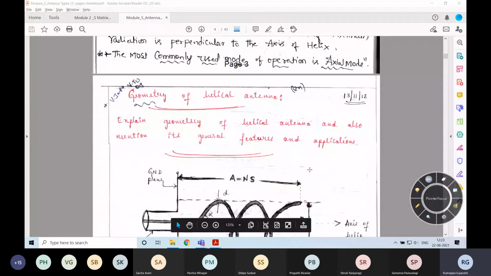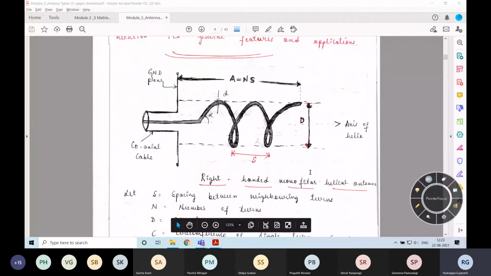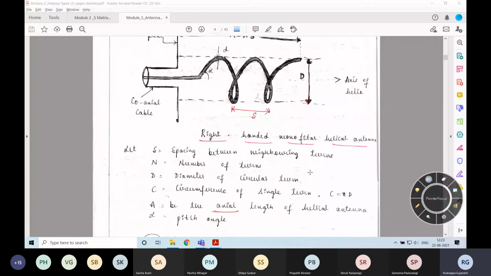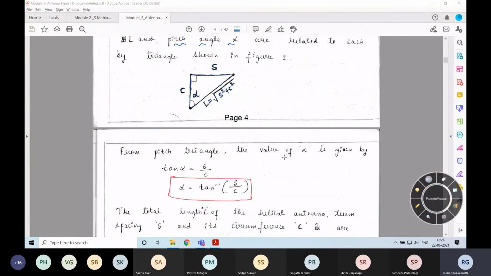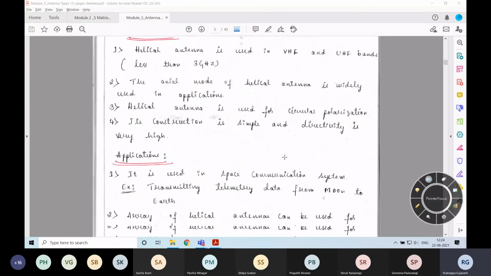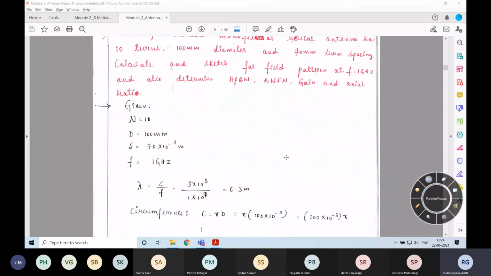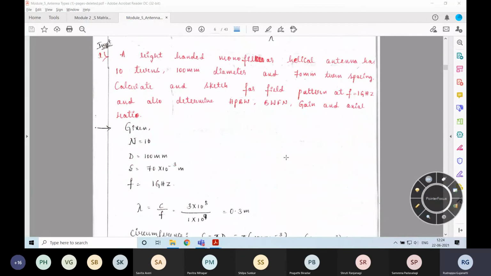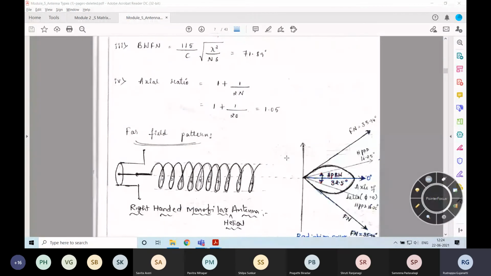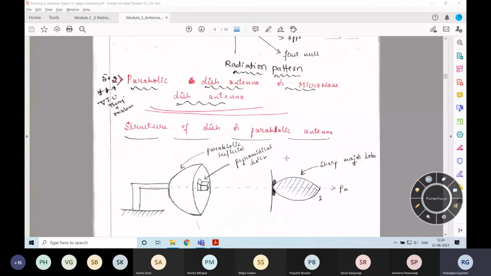Then we saw a few of the parameters pertaining to the helical antenna, that is the beamwidth between first null. Then we observed the half power beamwidth equation. We also looked at the relations with respect to the pitch angle associated with the spacing and the overall length of one turn. All these aspects we had observed. These were a few of the things pertaining to the helical antenna. And then we looked into one of the problems associated with the helical antenna. Next, we discussed regarding the